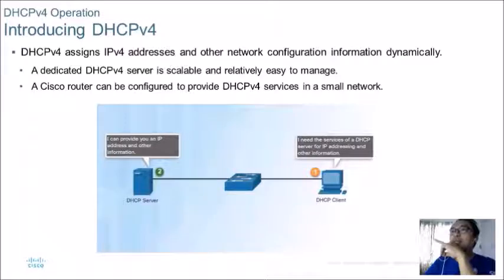So there is a dedicated DHCP server, but unfortunately we don't have that. A Cisco router can be configured to provide DHCP version 4 service for a small network. It's the same with our wireless, right? Our wireless gives out IP addresses to our cell phones, to our laptops, and so on and so forth. So that is what we will do in our network. Take note,